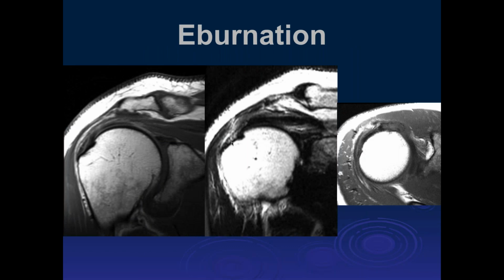The other thing that we look for is eburnation and irregularity. Here we can see these are also acquired osteophytes. You can start getting marked thickening of the inferior surface of the acromion process here. When it gets very irregular like this, you can just see how it could rub against the supraspinatus tendon, and